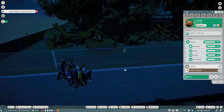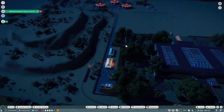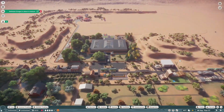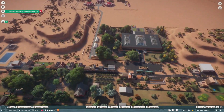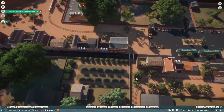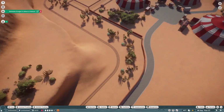Okay, so now that we've got that little recap, let's address the obvious elephant in the room. I did an absolute ton of work off camera, so let's flashbang you guys for just a second. So where do I even begin? So to start, I rerouted the train track a little bit. So, as you can see, it goes right here, it goes